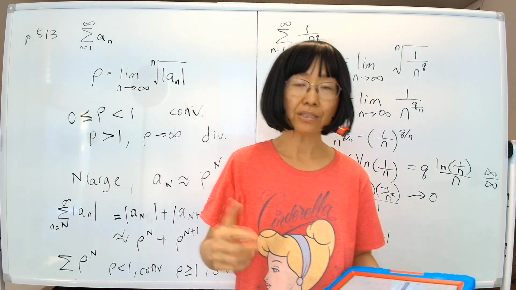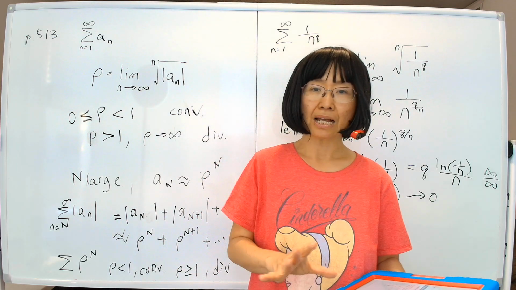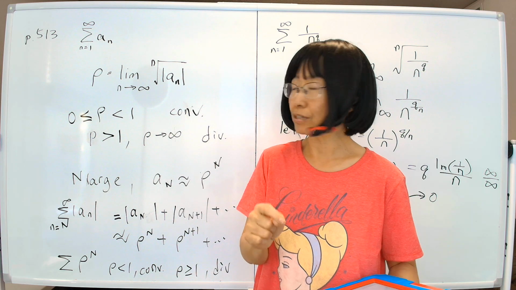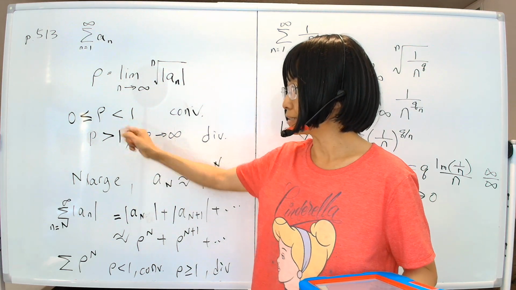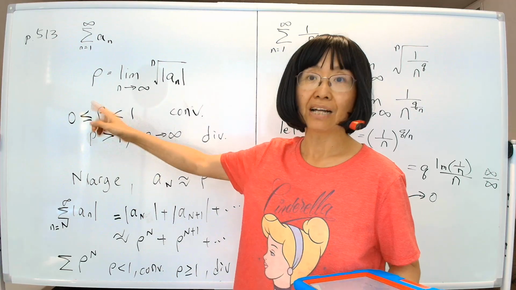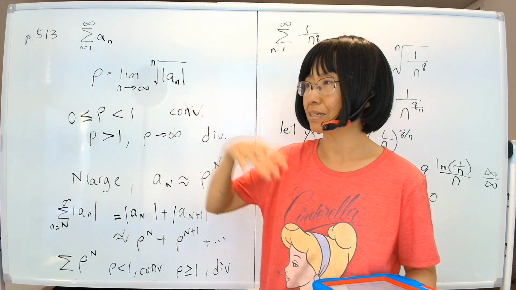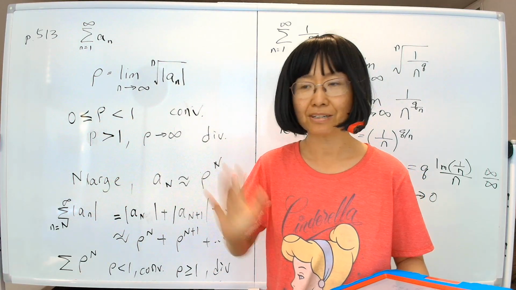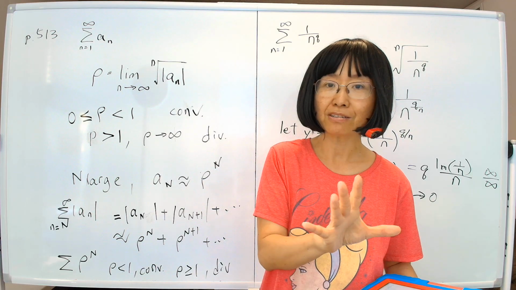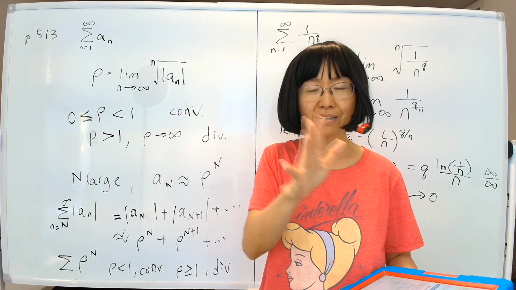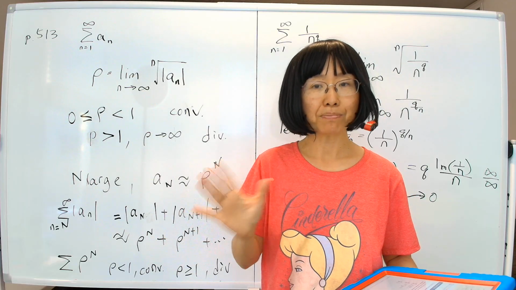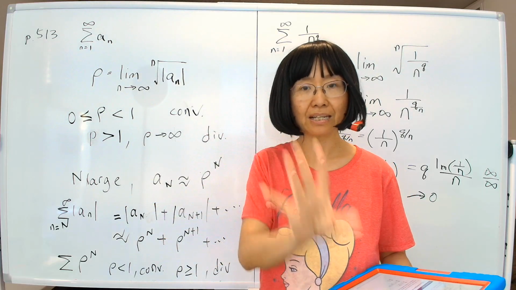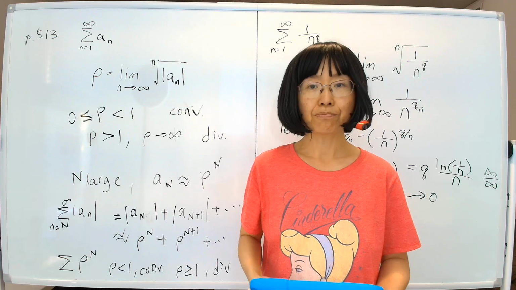The reason you want a chart is because each test often has really precise requirements, such as rho has to be strictly less than 1, p has to be bigger than 1, an has to be bigger than 0, and so on. Some of the conditions are confusingly repetitive and yet different, so it's easy to miss the